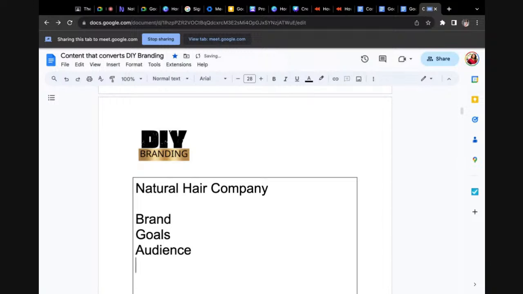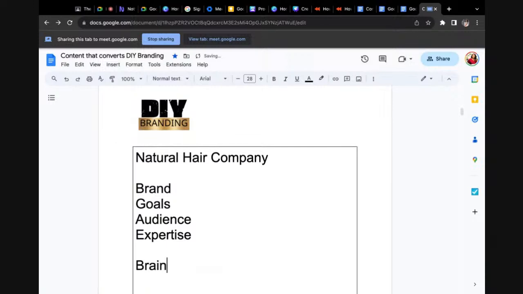But apart from that, we need to go into more detail and look at the person's expertise. What does the person bring to the table? Then we do a brain dump. A brain dump is something that we do regularly here because we just think about different topics and bring different ideas. So we said it's a natural hair company. What do they want to do? Do they want to educate people about taking care of black hair or the disadvantages of relaxers? How do we want to go about this? So, natural hair company. Yes, somebody unmuted.